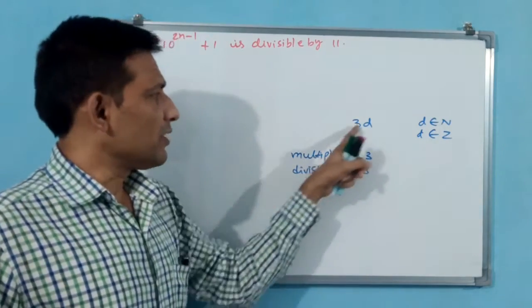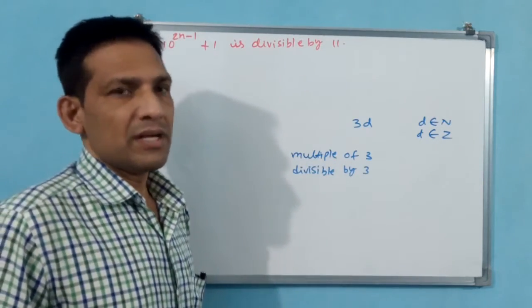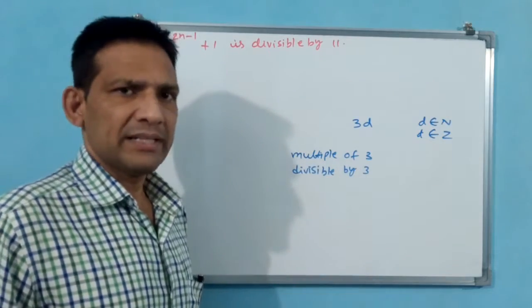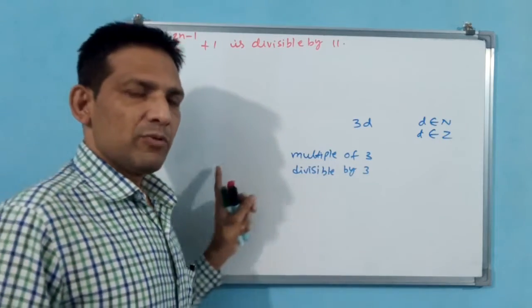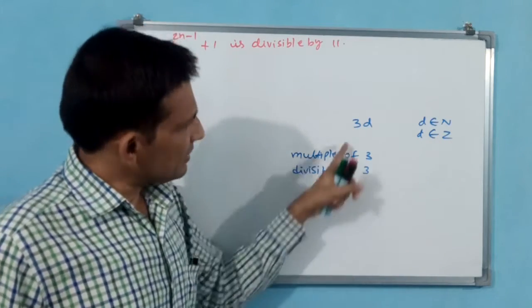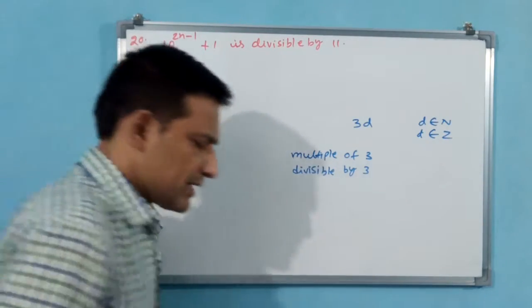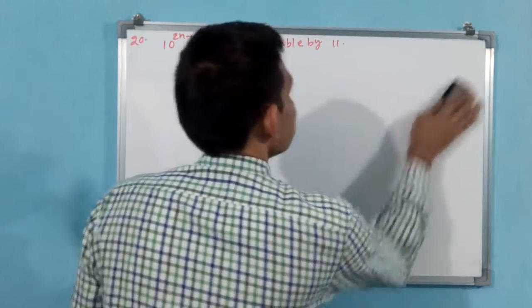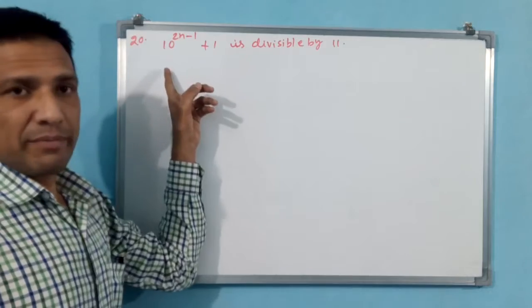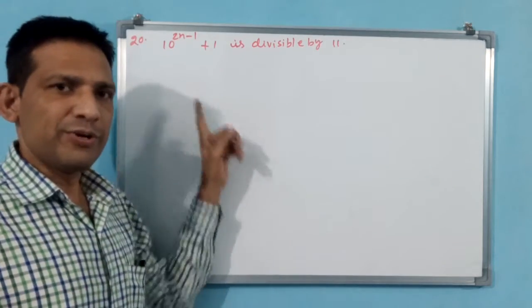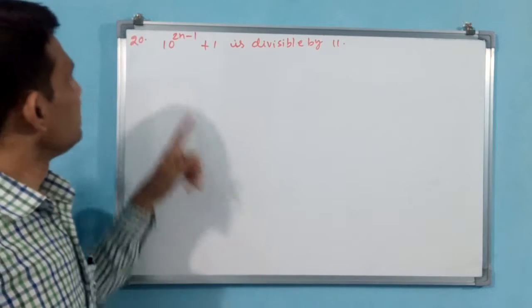That means multiple of 3 and divisible by 3, both we can take vice versa, like I was saying. I am not telling both are equal, but we can take. If the question says multiple of 3, you take 3D. If the question says divisible by 3, you can also take 3D only. Okay, like that we will do. Let us do this question, then you can understand. Okay, same like this, they have given the 20th number question. We have left only 3 questions, 20, 21, 22. These 3 are divisible questions. Okay, 3 we will do.